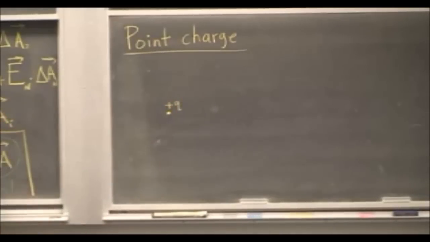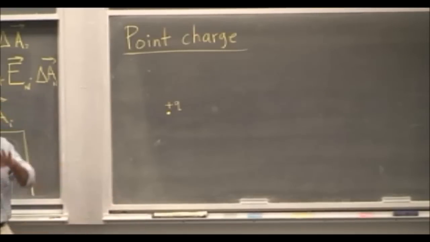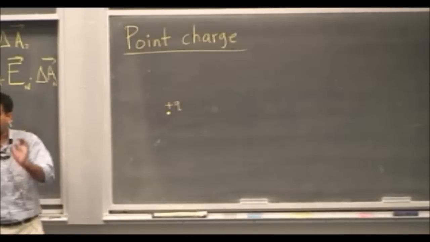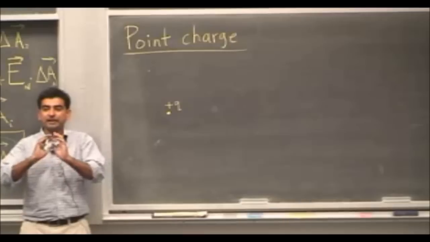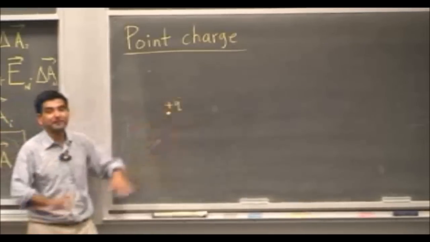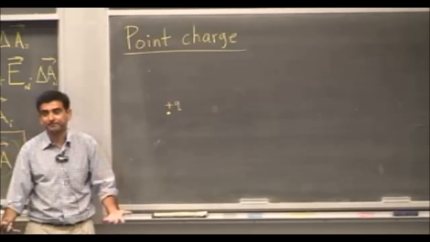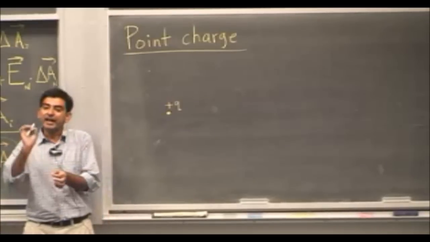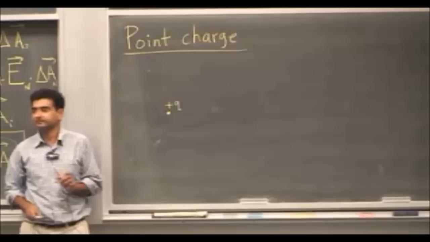Suppose I have a point charge plus Q. I draw a hypothetical sphere around this point charge. Now you have to pay really close attention. There are no spheres in space, but I draw one just for my satisfaction, for my mathematical curiosity. And that sphere has a center that coincides with this point charge.